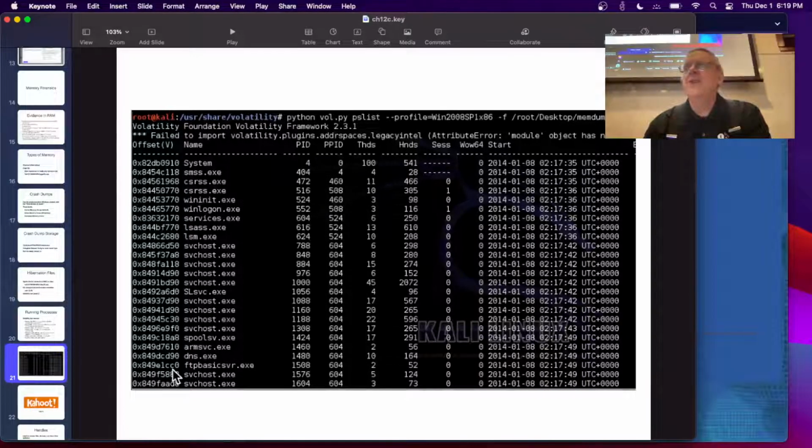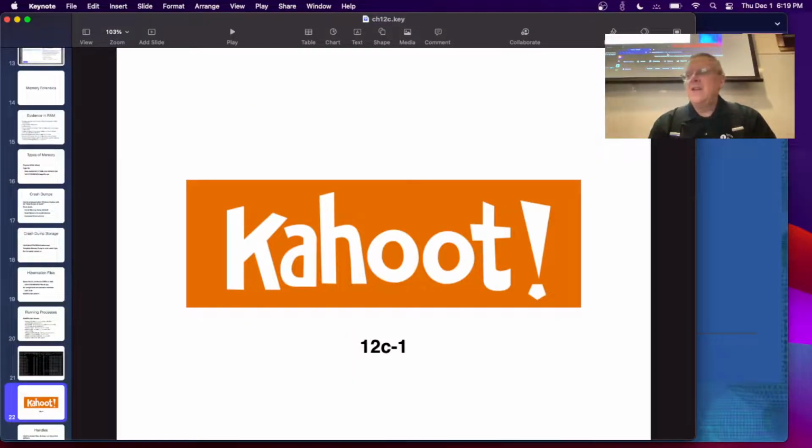So yeah, I see a lot of these service hosts. It's the same stuff you'd see in Process Explorer, but you're seeing it from a memory image. You see what was running when that memory image was taken. Here's a DNS process, here's an FTP server running, and so on. Everything's there. All right, let's take a look at a Kahoot,